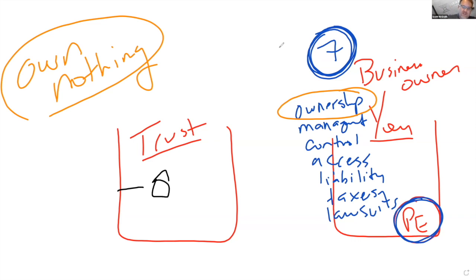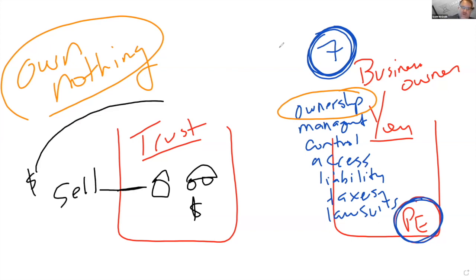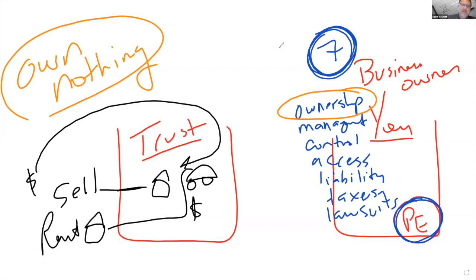Okay, your home is always in the trust. Your cars are always in the trust. Your money is always in the trust. If you want to sell it, then sell it. But watch this. The money goes right back in the trust. And then you take it and you buy another car or another house or a rental property or whatever, right? You're not taking the money out of the trust. You're leaving it there, and you're turning over assets is what you're doing. People think I want to buy Bitcoin or I want to buy a new car. Well, let the trust own the Bitcoin. Let the trust hold the new car, the Bitcoin, the new house, the rental property. Everything you want, you keep it in the trust.